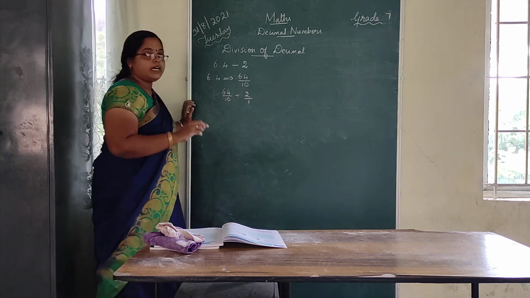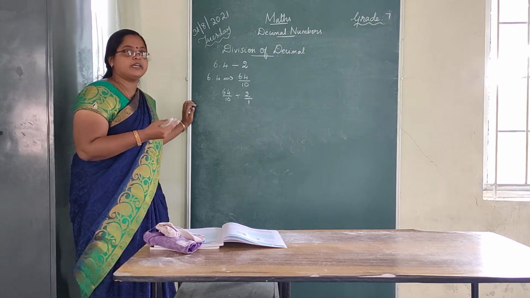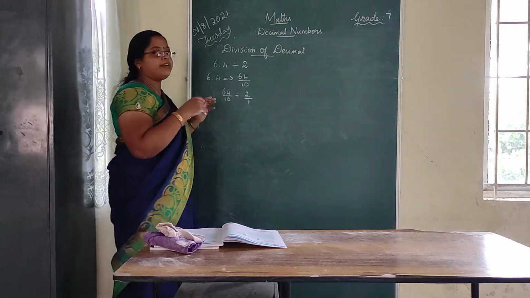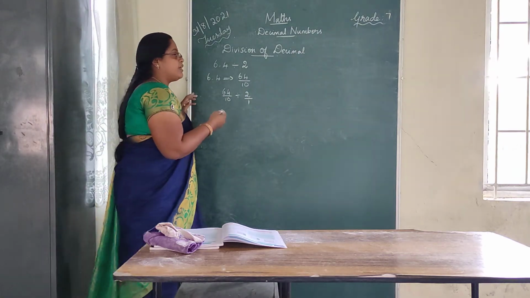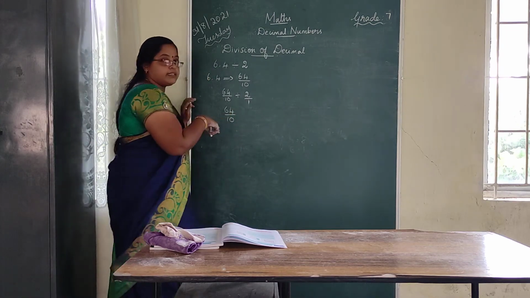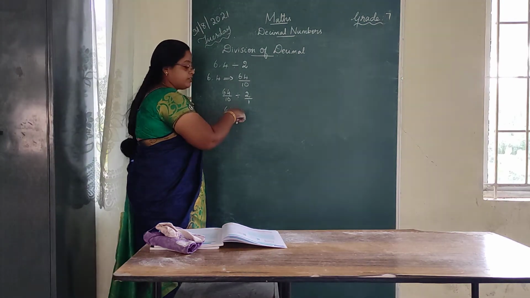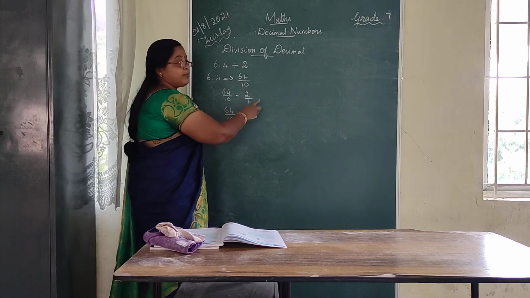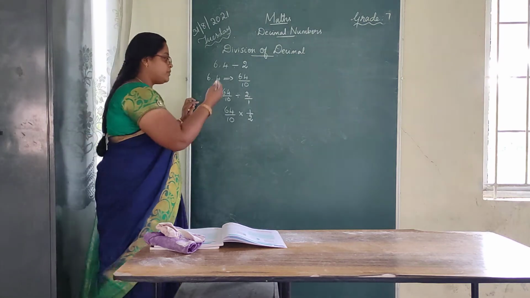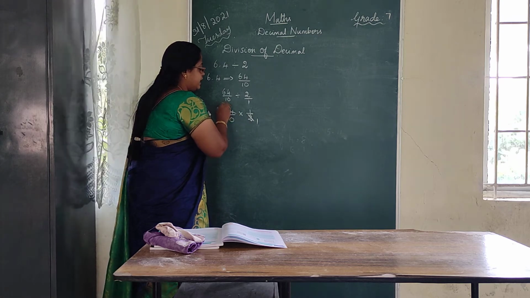Just imagine you have a denominator value of 1. Even if you do not put 1, you get the same answer. So we have to imagine here 1 is there. Okay. Now division, how can we do in a fraction? First of all, we write the same number on the left side. The first number should be written the same and change the sign. What is the sign here? Division will change to multiplication. Then the reciprocal of this number. What is the reciprocal of this number? 1 by 2. Okay. Now from this place itself we have to cut and simplify. 1, 2 is 2 and 32.